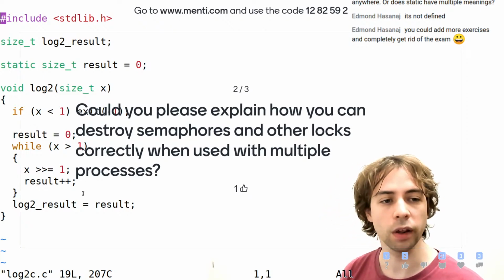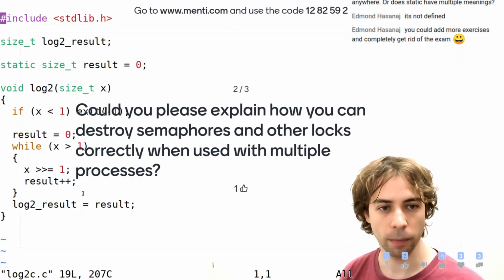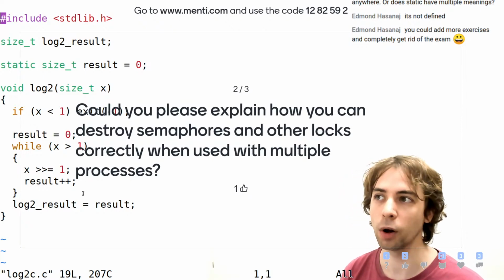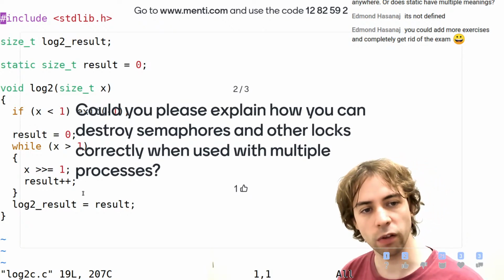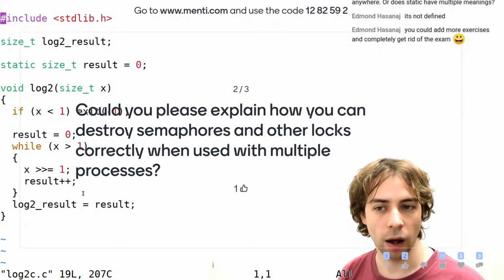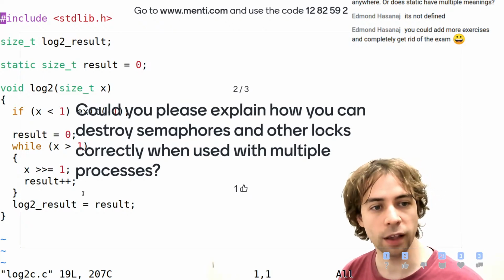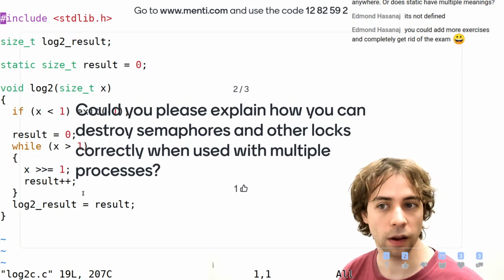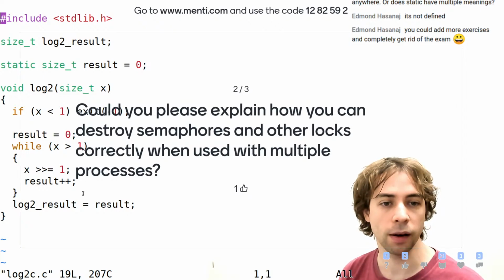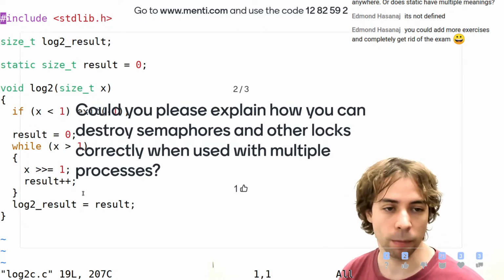One thing that you can do is, you don't want to have multiple processes destroying them. So the point where you would destroy a semaphore or any other lock would be when all other threads that could use this semaphore or lock have already terminated. In a situation where you have only a single process and multiple threads, destroying semaphores and locks is actually,